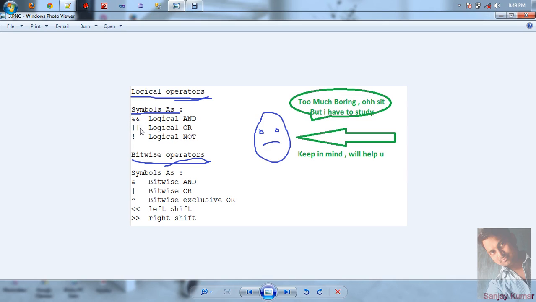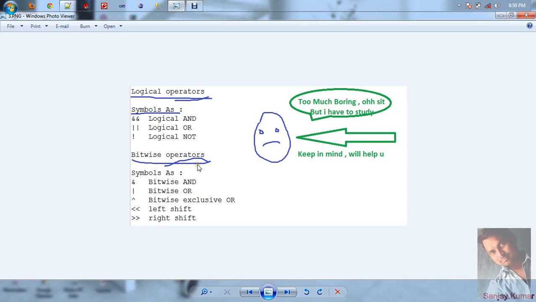When either one of the two is true, logical OR is executed, and if both are false, then logical NOT works. So: logical AND, logical OR and logical NOT. Again, don't worry about the code; we will discuss each and every operator and its usage in a later video session. In this session I have discussed only the overview of all operators.